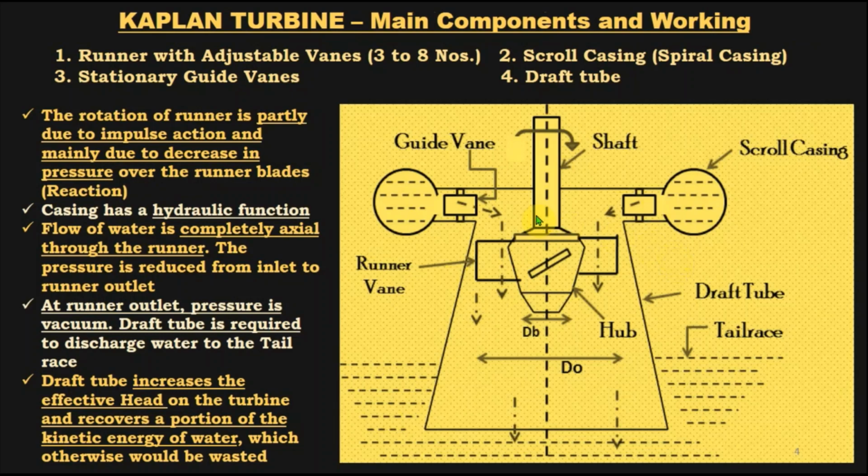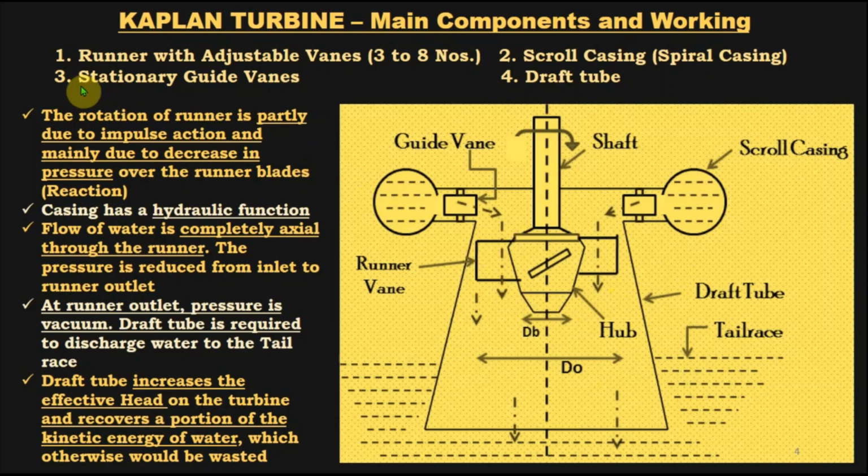This is another simple schematic diagram where a conical draft tube is employed, and the runner with the vanes is shown in a very simple manner to draw. Here we have the scroll casing in section and the guide vanes, and the guide vanes turn the flow to the axial direction, and the runner vanes are here.